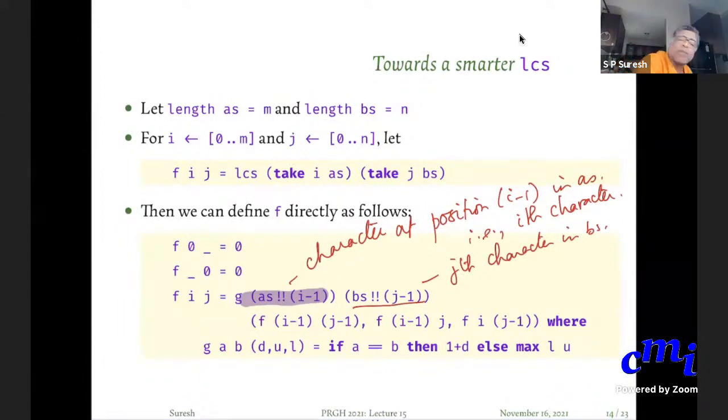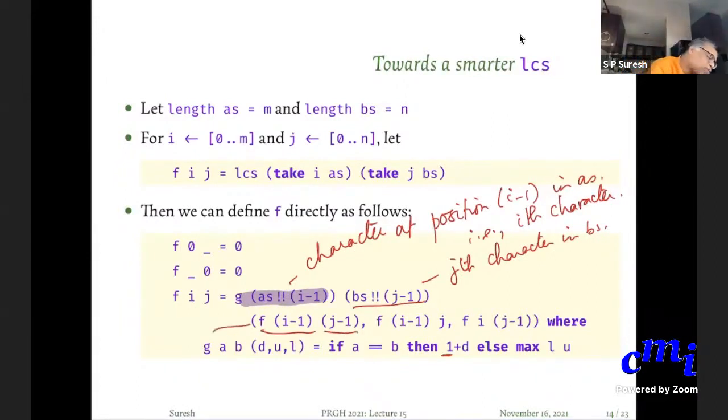If they are equal, then I am going to include them. So that is the 1 plus. Okay, include them and then do what? You want to do LCS of A's prime and B's prime, but A's prime, remember now, if you're taking your original string to be take I A's, then its prefix is what? Take I minus 1 A's. In other words, F of I minus 1 and J minus 1.